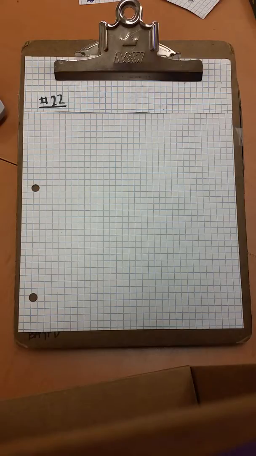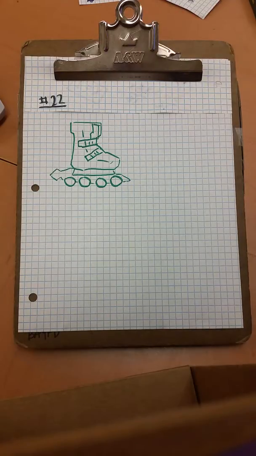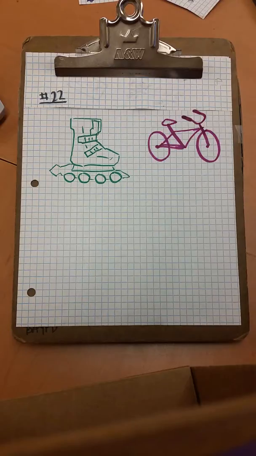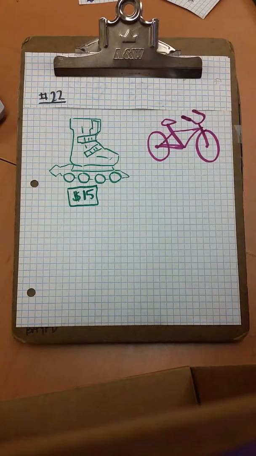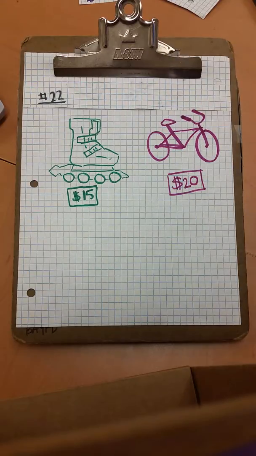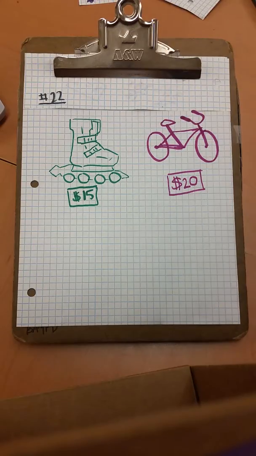Problem 22 can be a little confusing at first. But basically, there's some skates, and there's some bikes. The skates are $15 a day, and the bike is $20 a day. They want you to write two equations, which makes a lot of sense since this is a lesson on systems